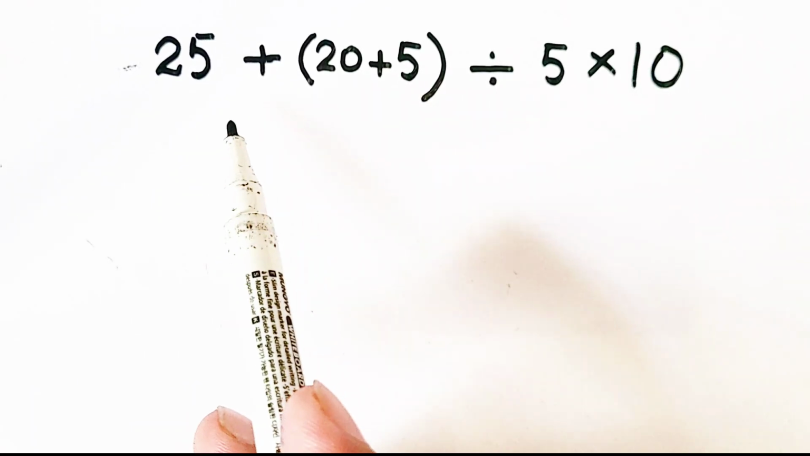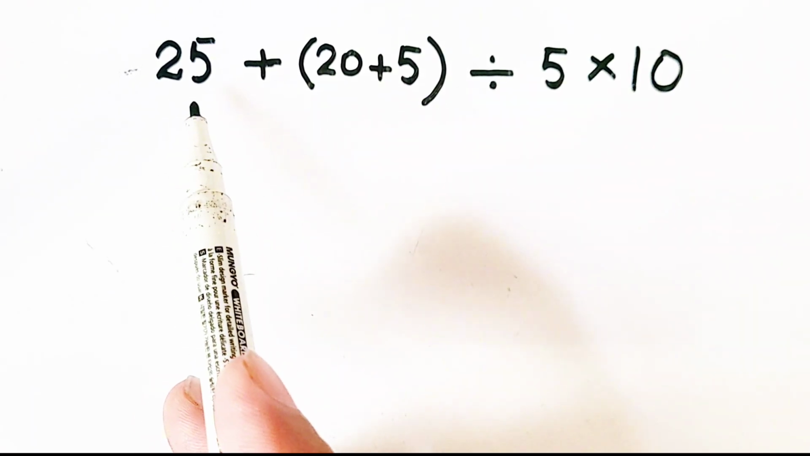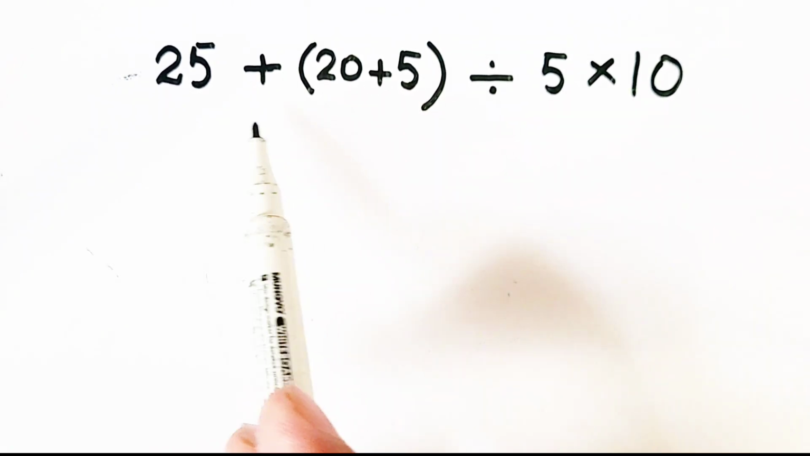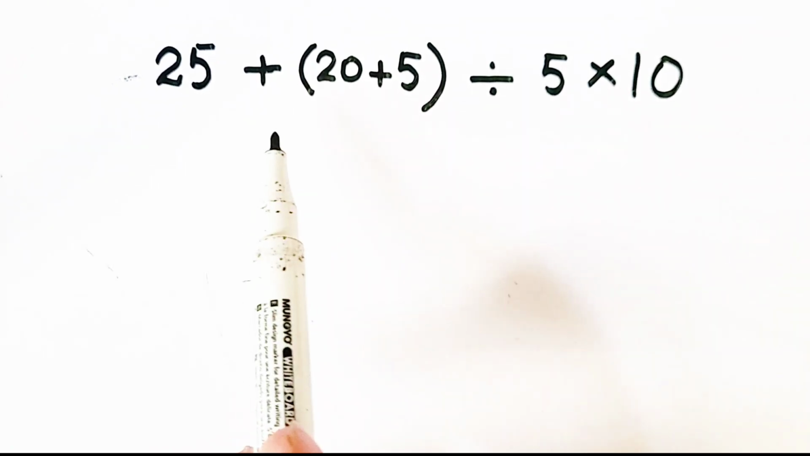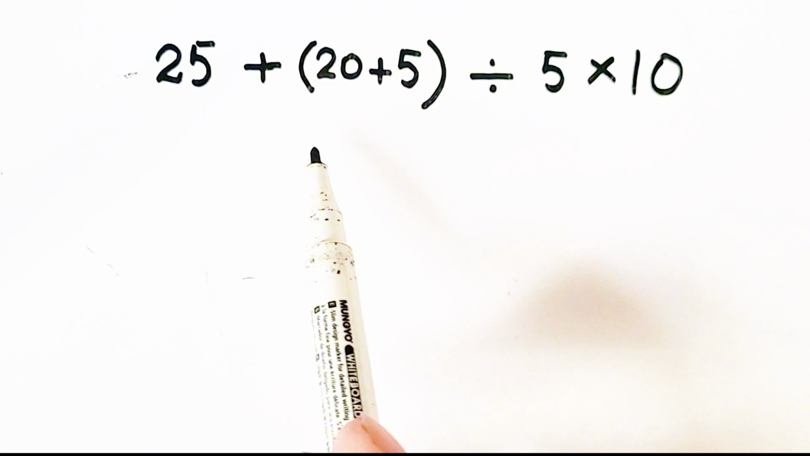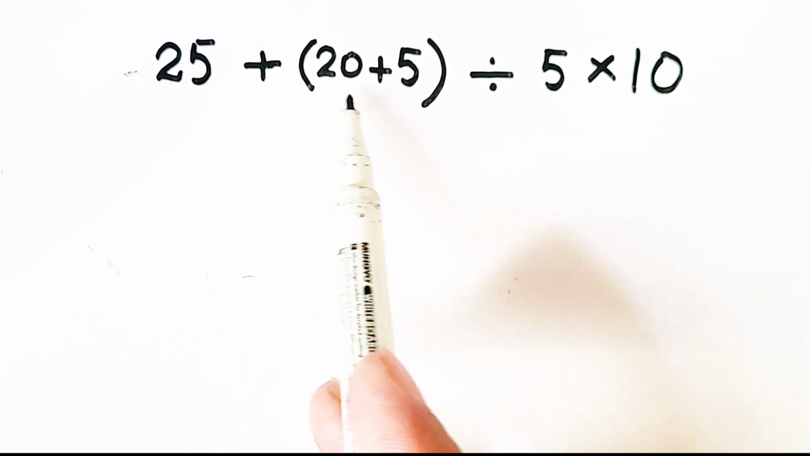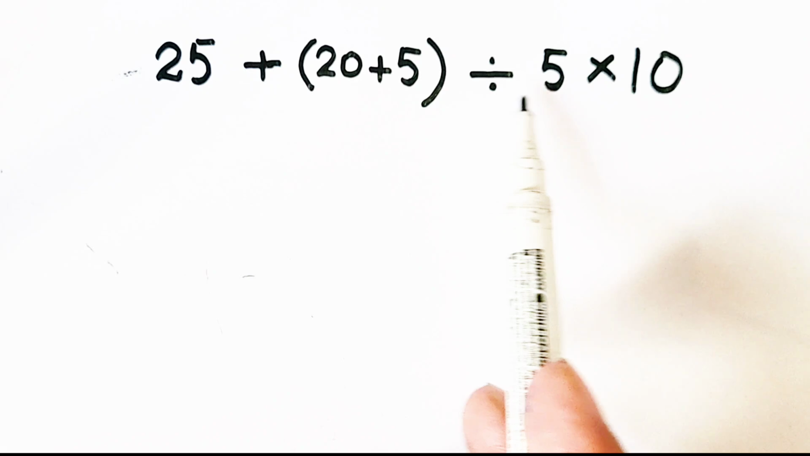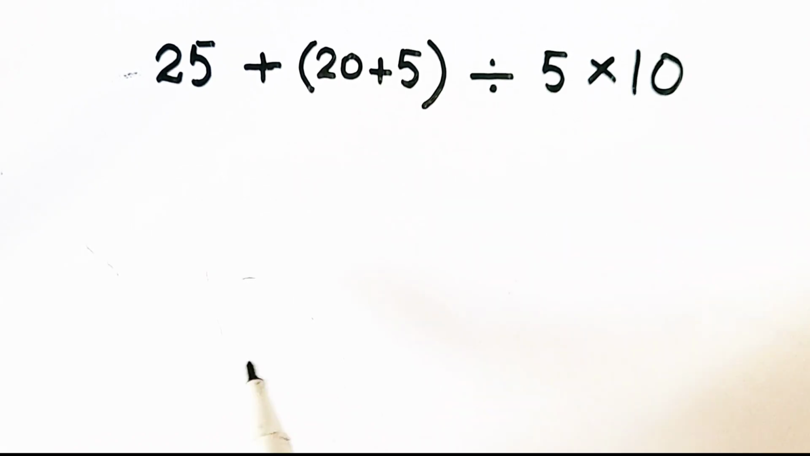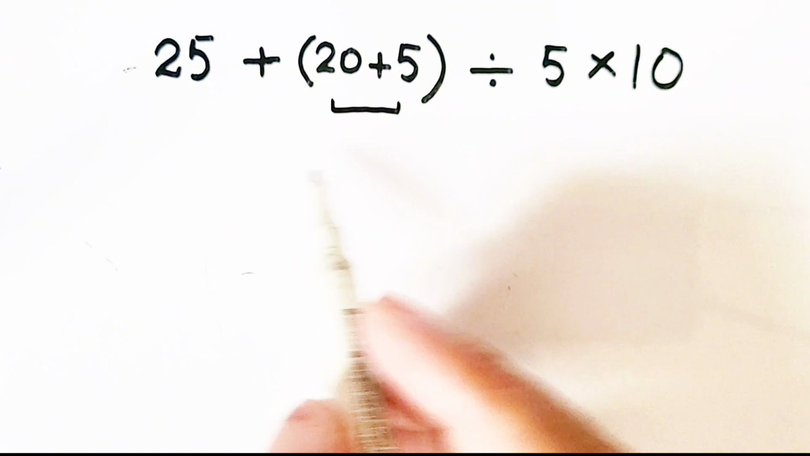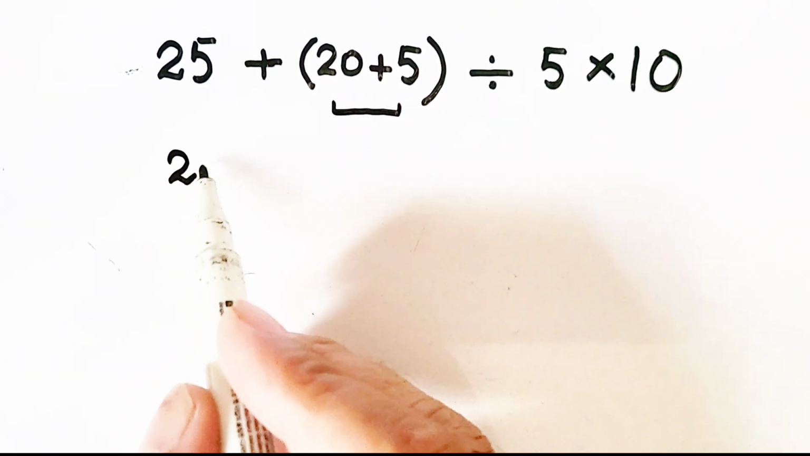Hello respectable audience, some sharp and genius people calculated the answer 1 by just looking at it, but remember that 1 is not correct. We have 25 plus 20 plus 5 divided by 5 times 10. First of all, handle this parenthesis, so we will get 25